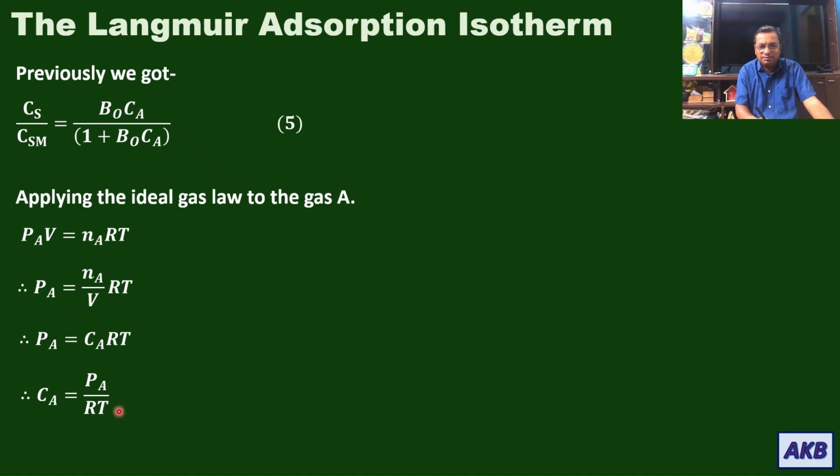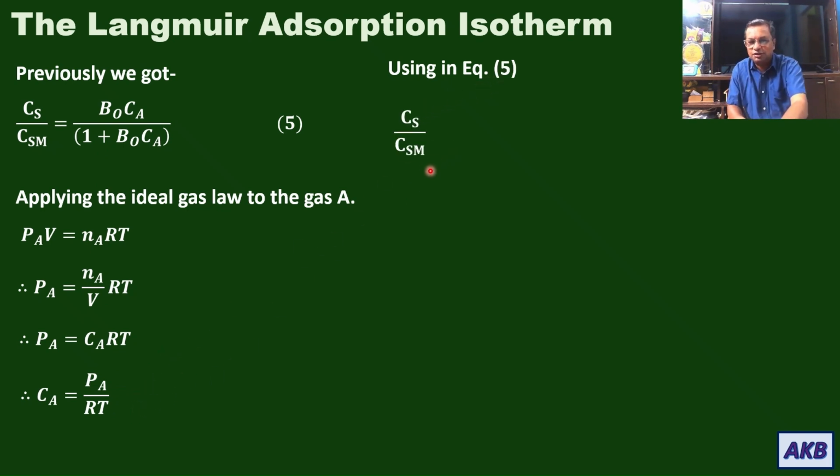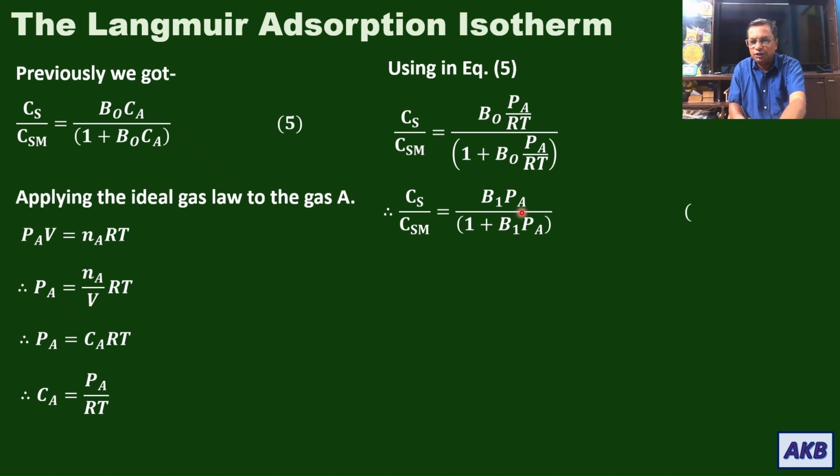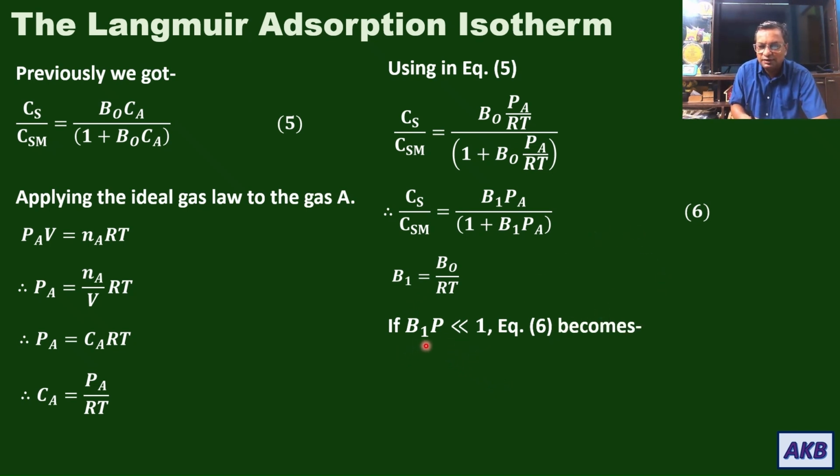And now my task is to replace Ca with this equation. If I use the equation for Ca in equation number 5, that will be Cs upon Csm is equal to B naught into Pa by RT, Ca is replaced with Pa upon RT, divided by 1 plus B naught into Pa by RT. Again, Ca is replaced with Pa by RT. So that is Cs upon Csm is equal to B1 into Pa divided by 1 plus B1 into Pa. I am calling it as equation number 6. And in equation number 6, we have got a new term which is B1. If you compare equation 6 with the previous equation, you can easily know what is B1. In this case, B1 is B naught upon RT, so we are replacing B naught upon RT with B1. So if B1 into Pa is very small,